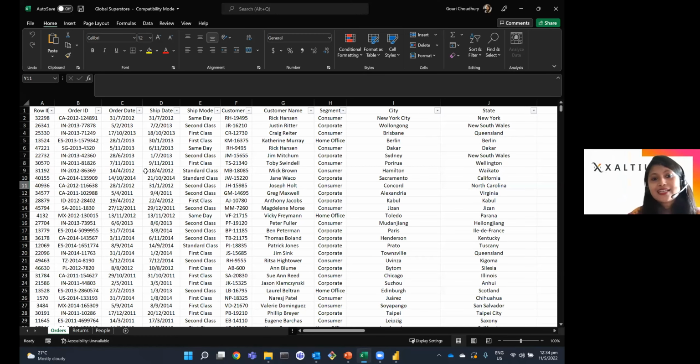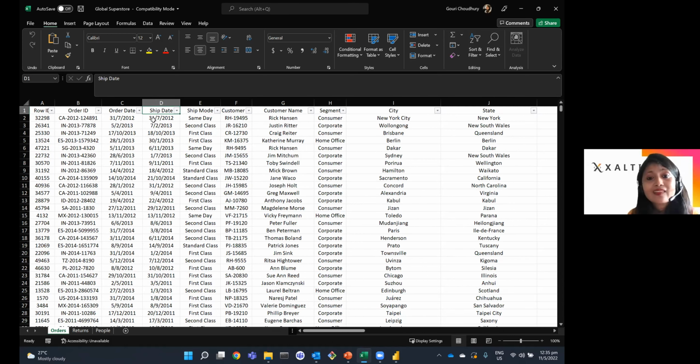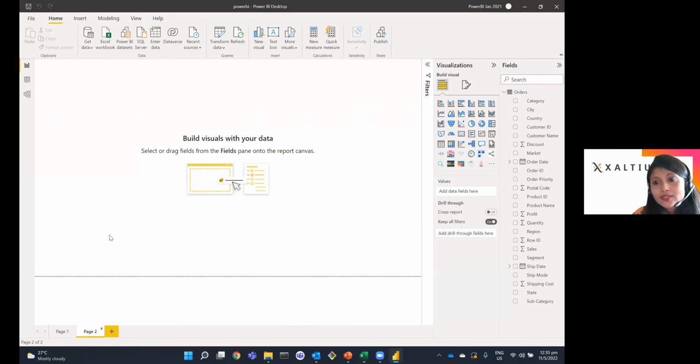So this is how the data looks like. It's pretty big, and there are a lot of things. Now, if anybody gives me this data and asks me, okay, what is the month that is having the maximum sales or profit, how the trend looks like, and how the key metrics look like, oh my God, I cannot really answer that. Because if you look at the data, there are around 50,000 records, and there is a lot of information out there. So I'm going to connect this data to Power BI. After I have connected the data with Power BI, I can see the same fields that I showed you just now get imported to the Power BI environment.